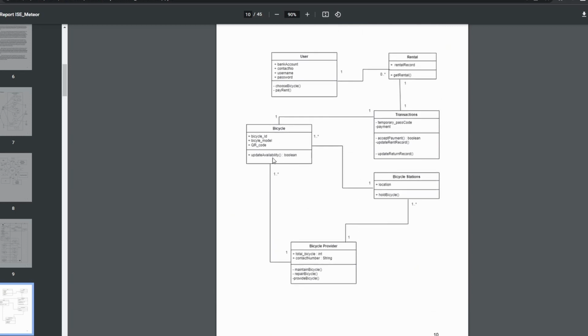And lastly, we have a class diagram. We have several classes, which are user, rental, transactions, bicycle stations, bicycle and bicycle providers classes. And these are all the attributes and also all the behaviors or methods.